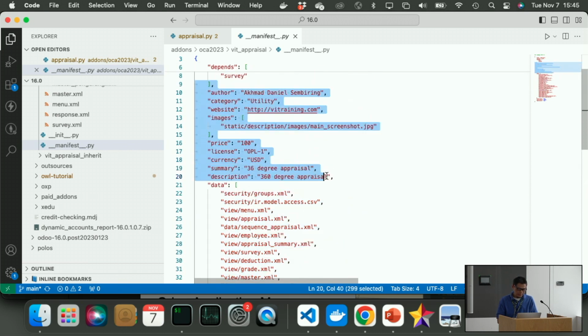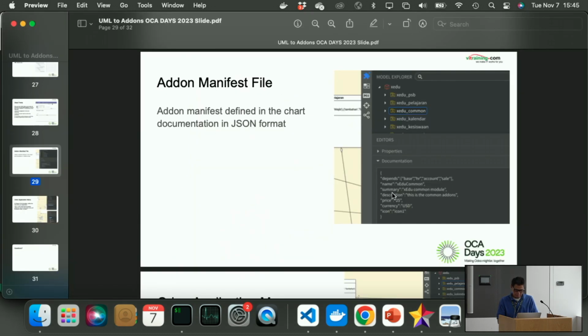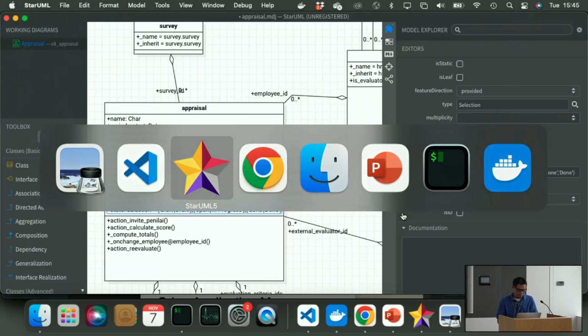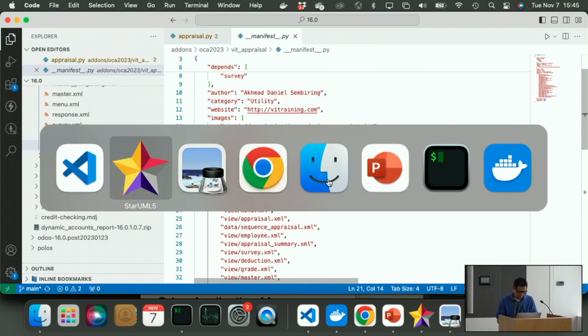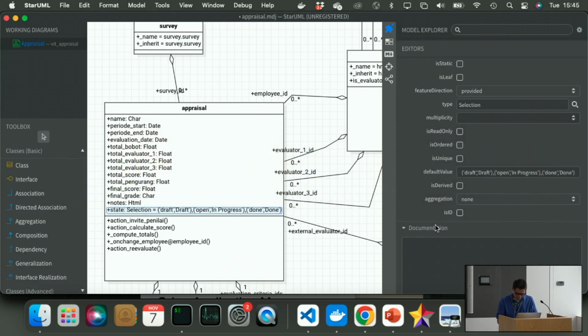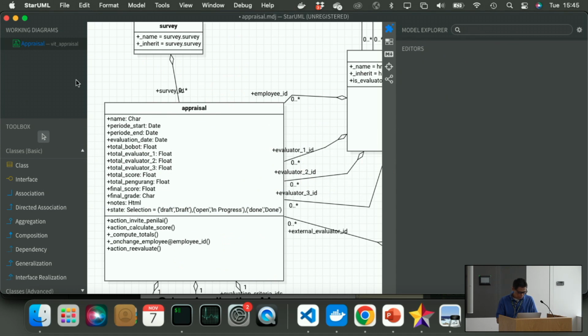And also we can set any key for the manifest here, anything that is valid on the Odoo add-on. And also we have put some additional key for the manifest, which is stored here,